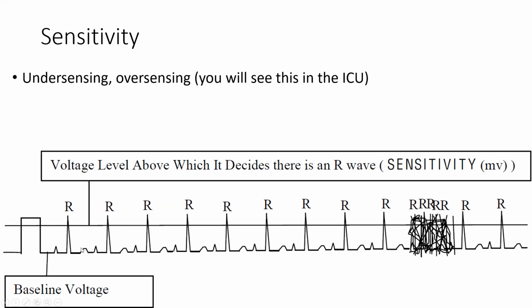It is not seeing the stuff you don't want it to see, so the P and the T. So what would happen here if I took this line, the threshold, and I put it way up here, right? So now it's not seeing anything. The framework you should start to have in your mind is that if the patient